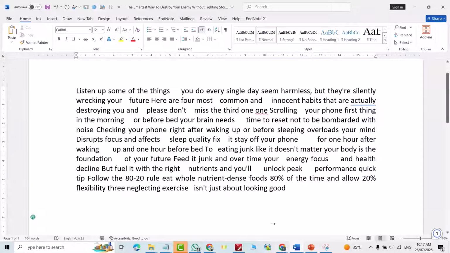Hi everyone, in this video I'm going to show you how we can remove unwanted gaps between words in a Word